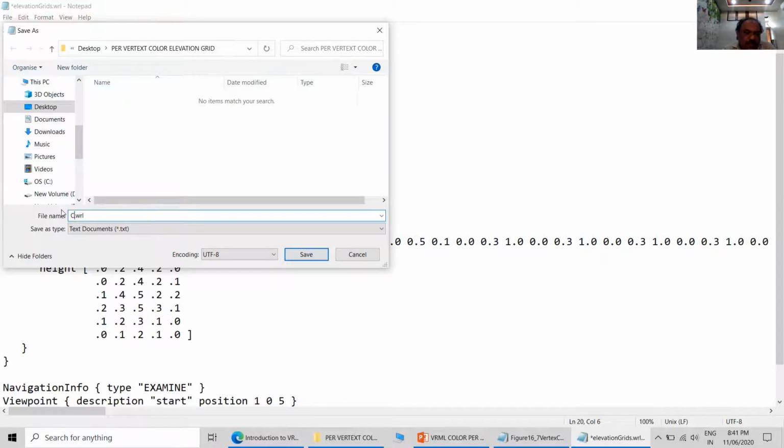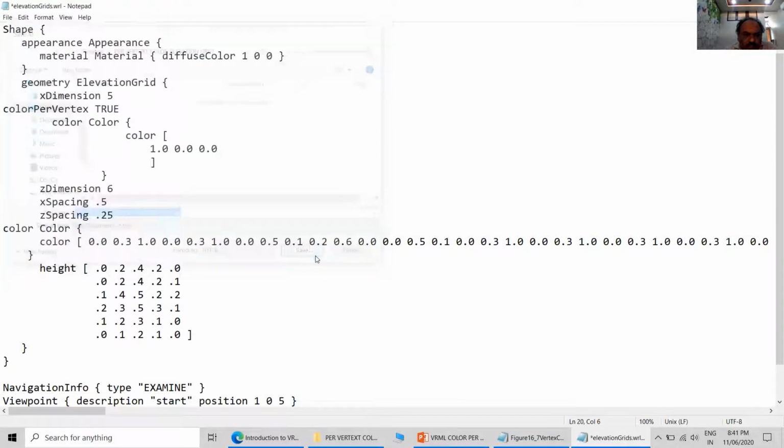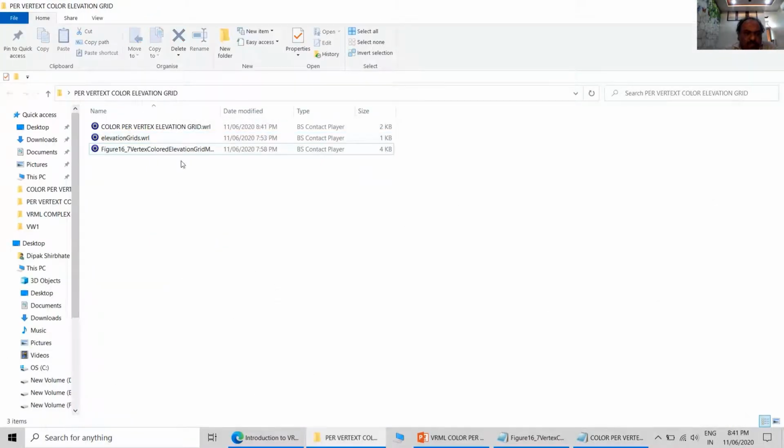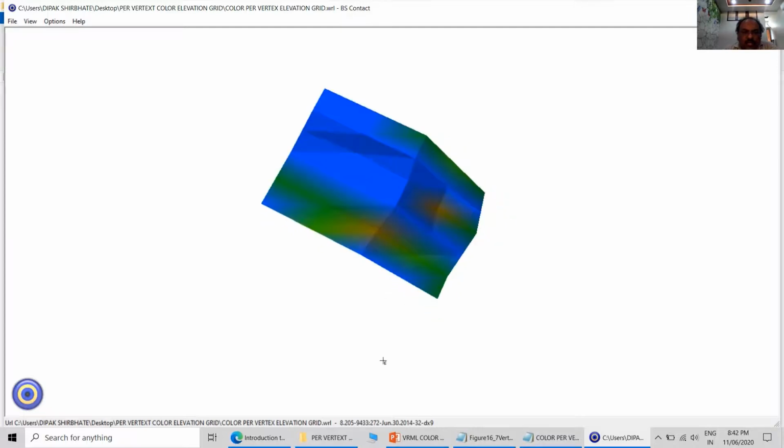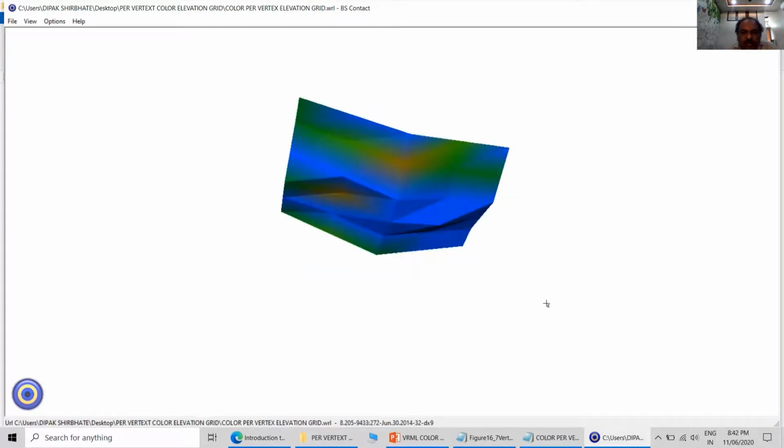And I have given the mountain colors to the elevation grid. And now you can see it has taken the mountain color.